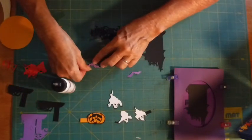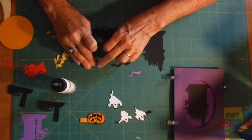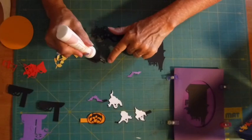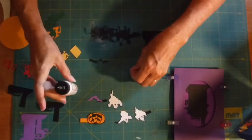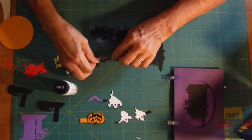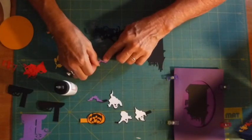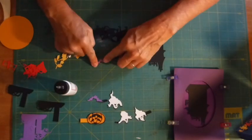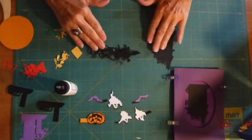And down. Just a little black showing. And we're going to glue that one down with just a little black showing. Okay. Alright, so looking good. Now we're going to do the